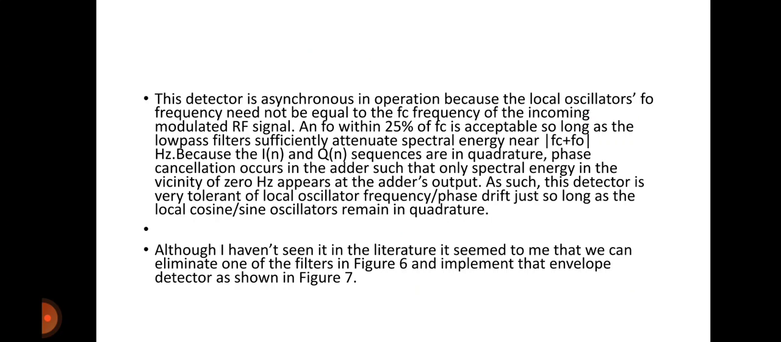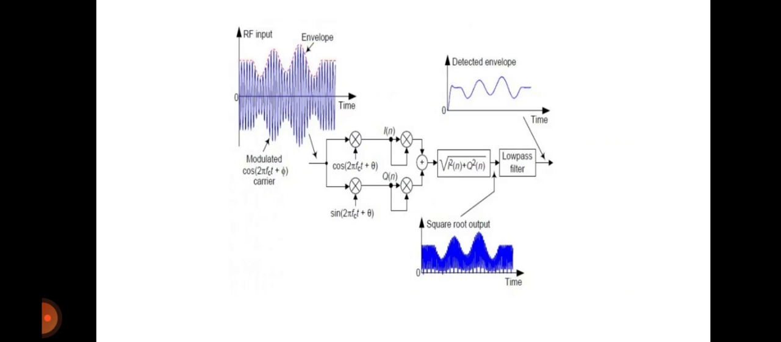Although I haven't seen it in the literature, it seemed to me that we can eliminate one of the filters in figure 6 and implement the envelope detection as shown in figure 7. So this is figure 7. This is the input signal, which is a modulated signal given to the two multipliers separately. One is the cosine term and one is the sine one, giving I(n) and Q(n), and again given to the summer and then the square root,